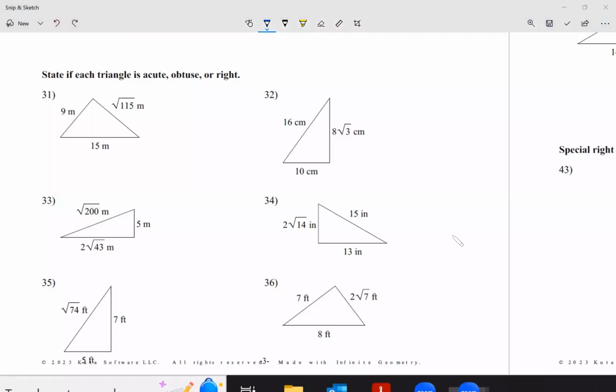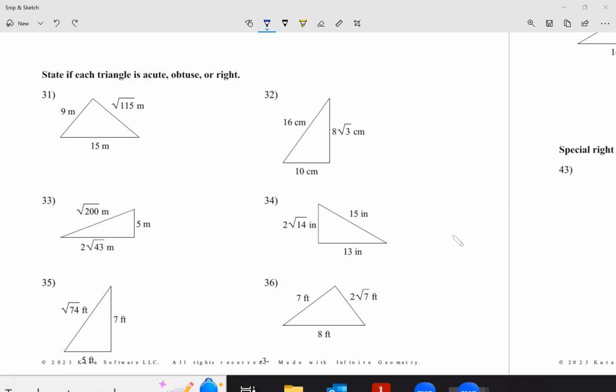Okay, so there's three types of triangles, right? There's acute, obtuse, and right. We usually go knowing the angles. If we knew the angles, based on the biggest angle of the triangle, we will call it acute, obtuse, or